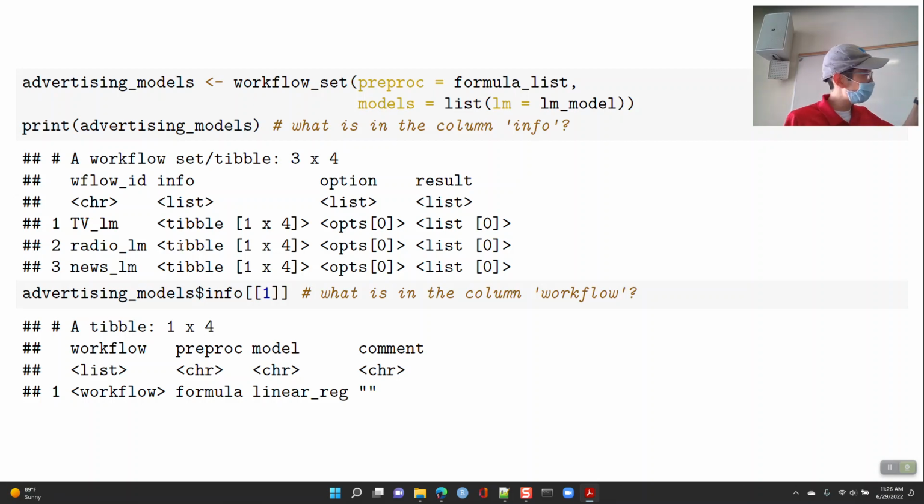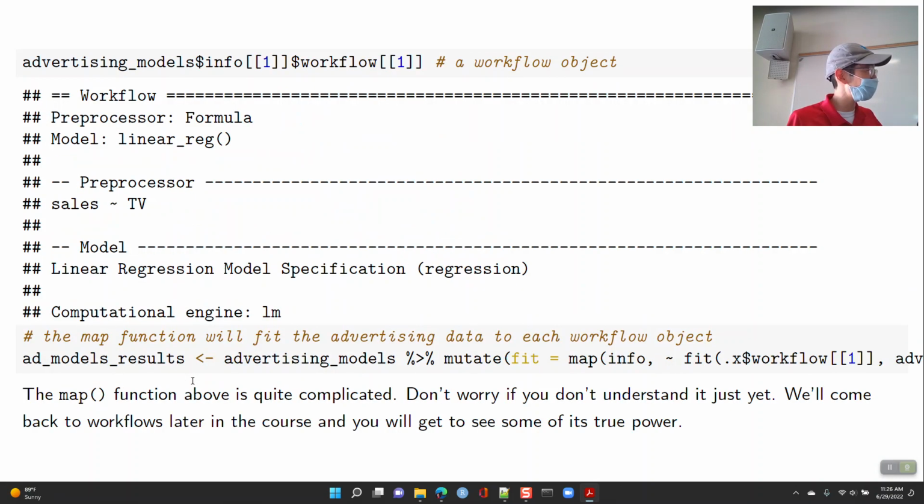We're going to go through basically each of these things which contain information about the workflow. We're going to say take, fit that workflow to our advertising data, okay? And again, this line, it's kind of complicated. Don't worry if you don't understand it in today's lecture, that's okay. But I want to introduce this idea of a workflow where you can